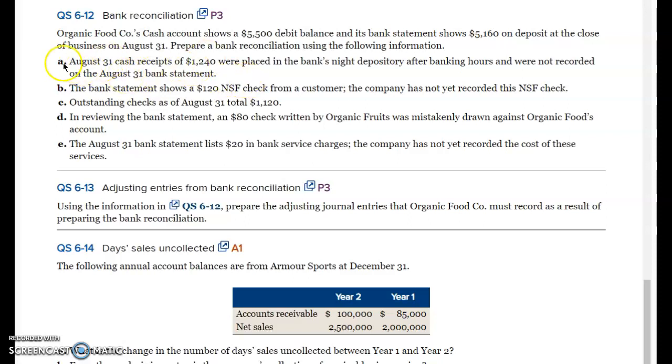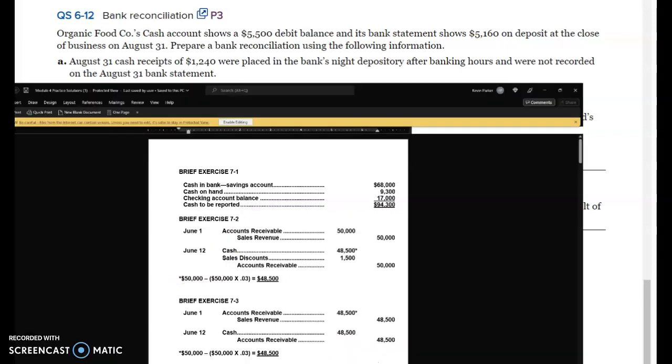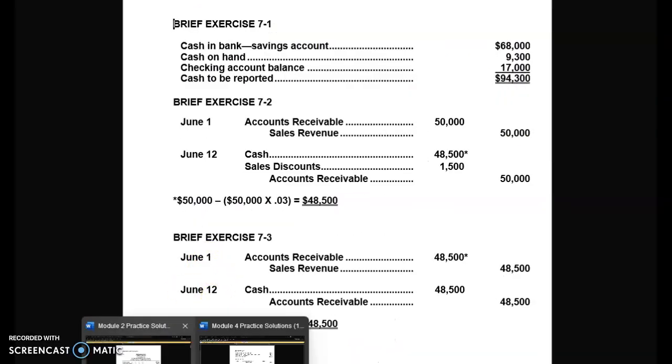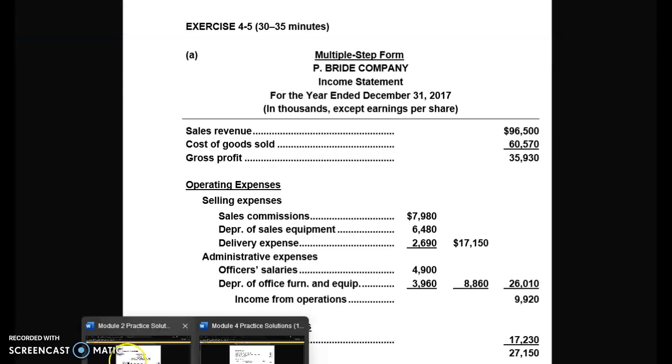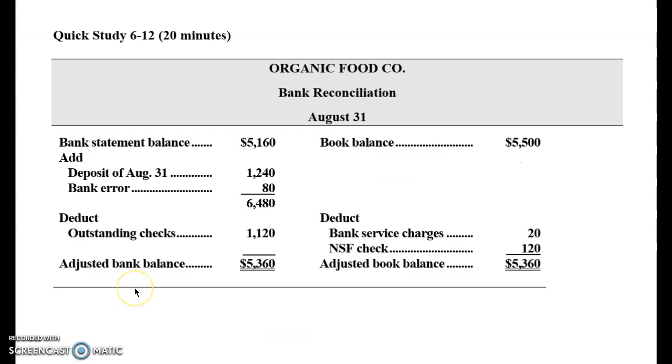But anyway, we have A, B, C, D, E. We need to figure out how to put those on a bank reconciliation to make sure that when we're done with the bank reconciliation, our adjusted bank and our adjusted book figures are equal to each other. All right, so I assume you've read these. So what I'm going to do now is flip over to my solutions. All right, so